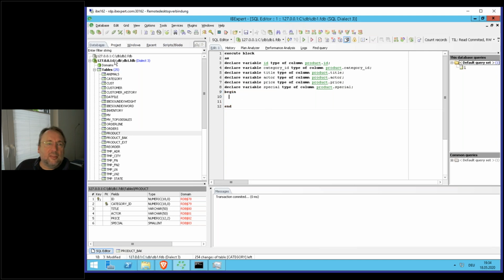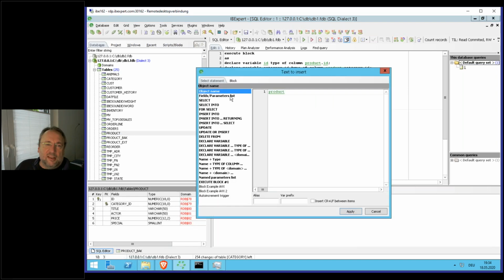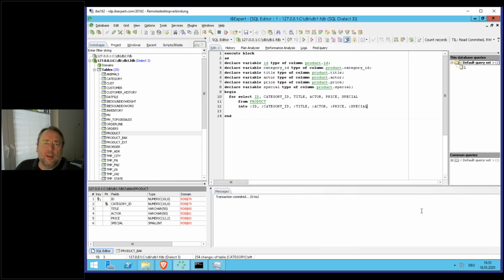So what do we want? We are working in the context of DB1, and we want to have every record that is in the product table in DB1 used by a for select statement. So drag and drop in the for select statement. Here we have all the same named columns. If we want to have a prefix for the variable names, just write var prefix, and we have an X in front of that or whatever we need. That's also a very easy way to do so. You can also do, for example, an alias name automatically to make some of the operations a little bit easier. Alias P, for example, in that case, or when you are working on a single table, it's not needed. So we say apply. For select from into do